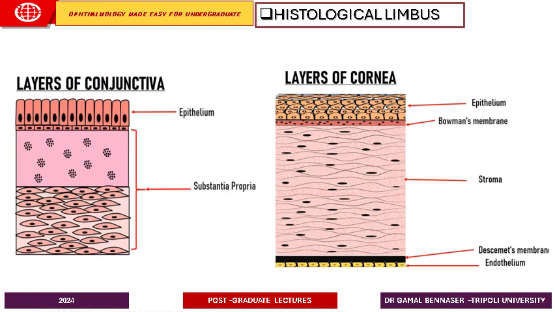Now, if we look at the difference between the structure of the conjunctiva and the structure of the cornea, you can see that the conjunctiva is made up of stratified non-keratinized columnar epithelium sitting on a substantia propria. However, the cornea, as we said before, is made up of 6 layers and mainly stratified non-keratinized squamous epithelium with a Bowman's membrane. So the main difference is that this is a columnar epithelium, and this is stratified squamous